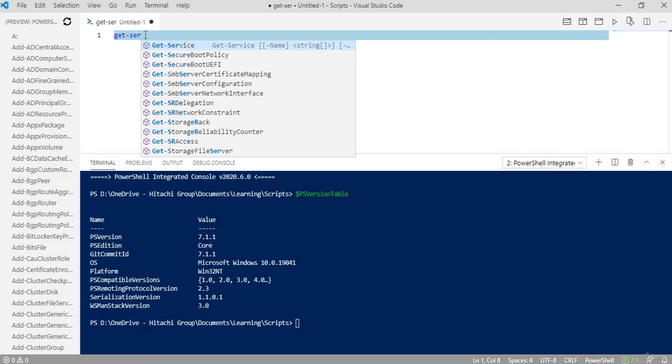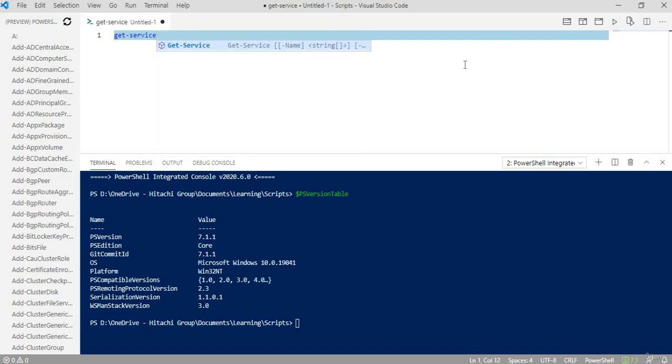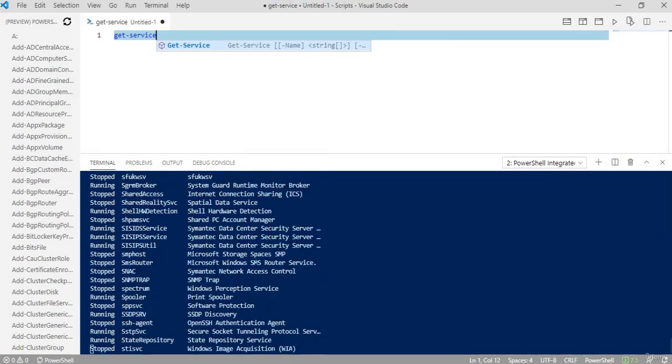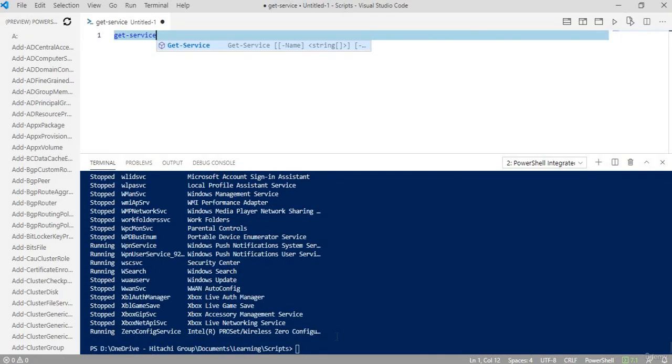If we try to type some command, we get hints for its auto completion like we saw in our PowerShell ISE. So basically Visual Studio Code has all the features of PowerShell ISE. In fact, it has more than that. In PowerShell ISE, we have the option to run the complete script or run some selection. So let me run the selection. As you can see, our command has run and it is showing the output.